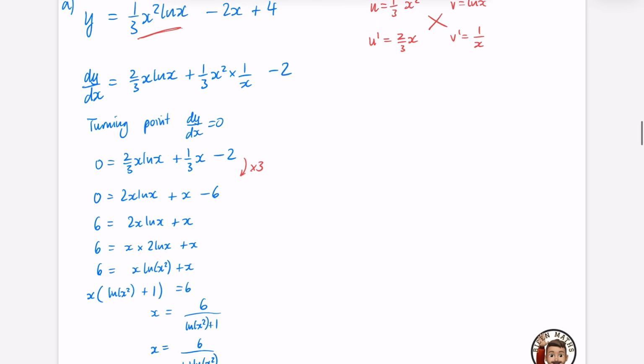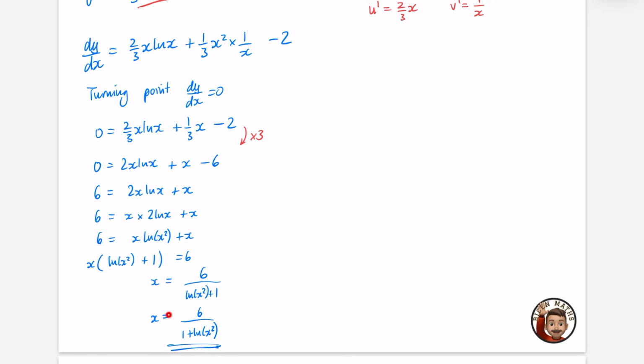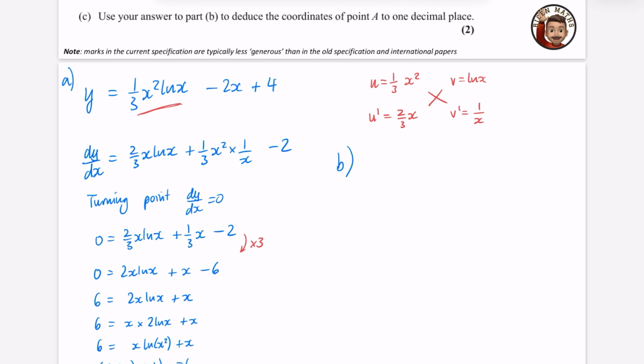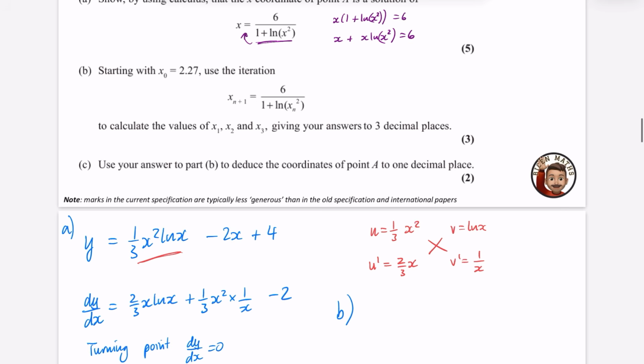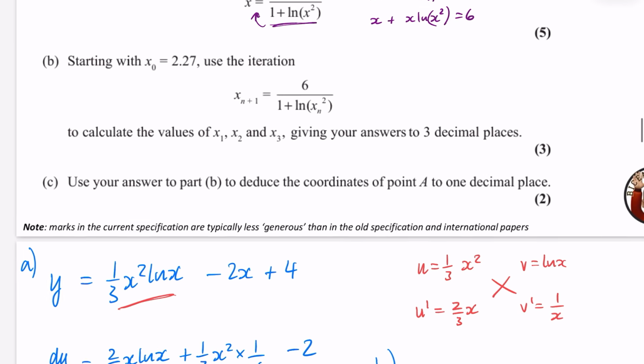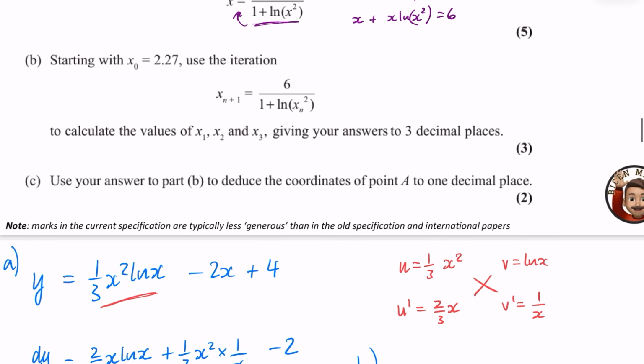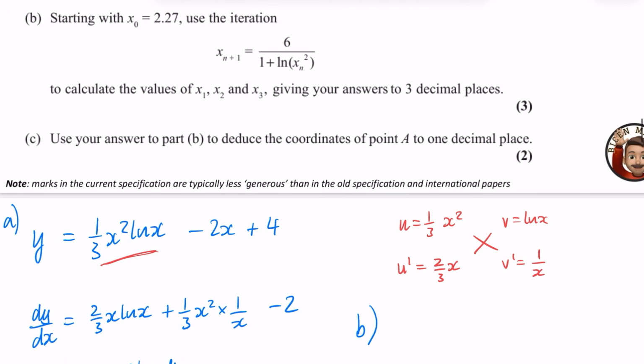So working on the answer, I know I've done this in a long, slow way. You might have been able to skip some of these lines, but working on the answer and then being able to meet part way can be really useful. So this is now going to become an iterative formula. This is now being written as this iterative formula here, and we're going to start with x equals 2.27. We're going to find the values of x1, x2, and x3, giving your answers